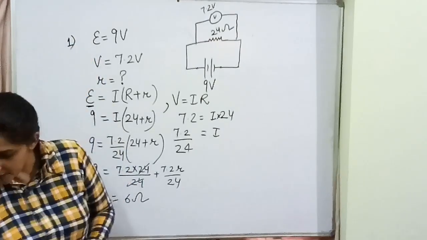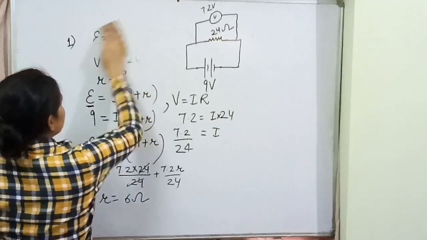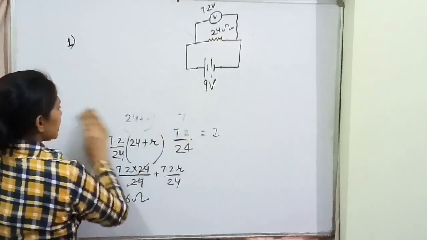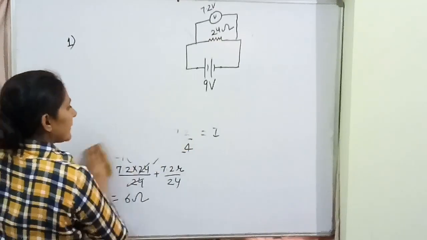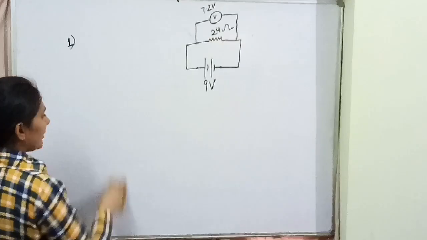Okay, coming on to the next example, what it says: a battery of voltage 12 volt. A battery is given to us and the voltage of that battery is given as 12 volt. जब भी बैटरी का voltage दिया हो तो हम उसको क्या मानकर चलते हैं, initially हम उसको EMF ले लेते हैं.